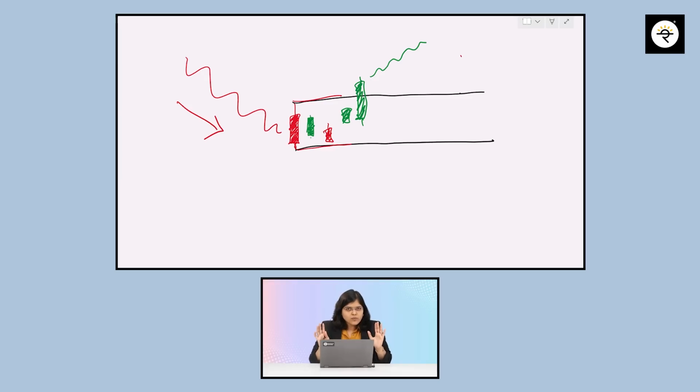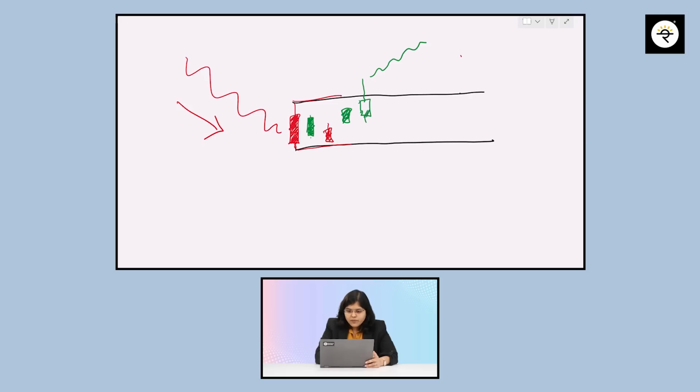One quick point to be understood here: this was a reversal pattern that we discussed, right? What is important is that the body of the candle is closing above the range. So just as an example, had this been the scenario, I'm drawing this candle again. Okay, no, wait. If I'm drawing this candle again, and let us say this happens.